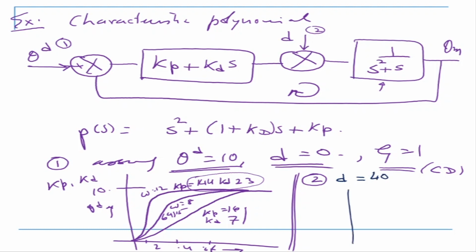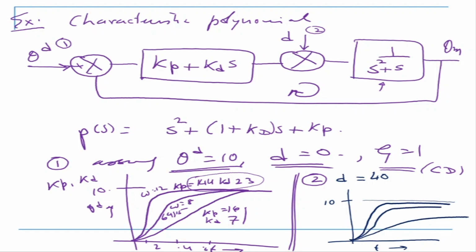Okay, now if you plot, what we'll see is this is my reference required, it needs to go there. So what you'll find is that omega 12 is going like this and coming here, omega 8 is here and omega 4 is here. So this is omega equal to 12, omega equal to 8 and omega equal to 4. Kp, Kd values are same as here. Okay, so you can really see that the moment you have added disturbance, this fellow has come in now. And that is my steady state error, which is proportional to the disturbance d.